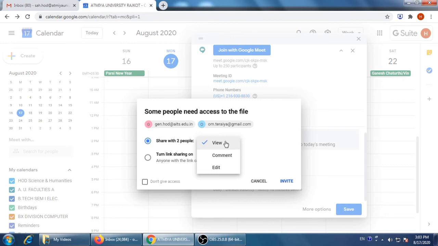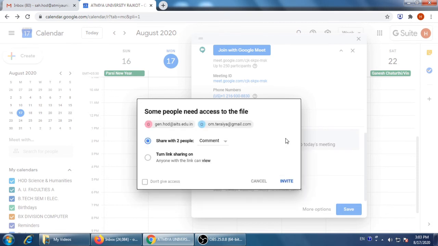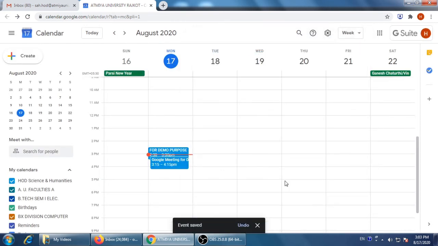They can only view, they can comment, or they can edit. You can just give the right to comment for that. Okay, now invite them. We are inviting two participants. Okay, the event has been saved here.